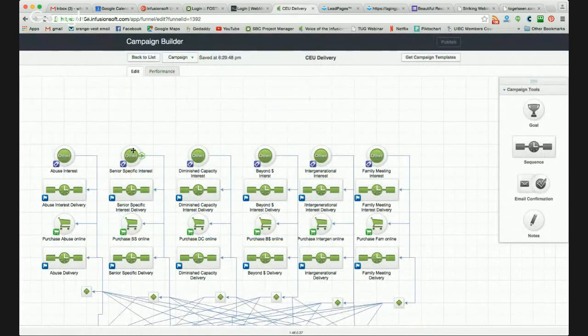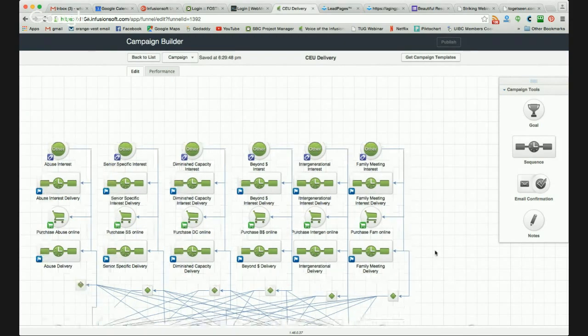Here's the idea: they said they were interested, they got tagged as being interested in the abuse interest, so they get a series of emails that sell them into buying the product. When they buy that product, they get kicked into how it gets delivered. And then after that's been delivered and they've finished the CEU, let's see if I can get this to move up some.